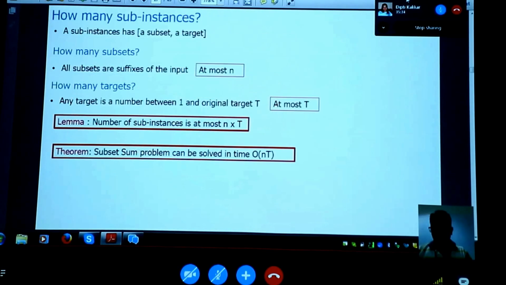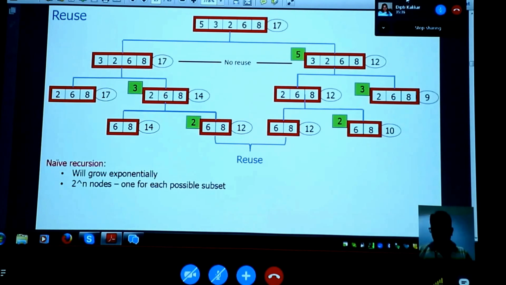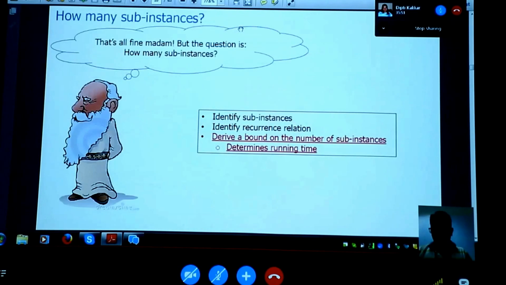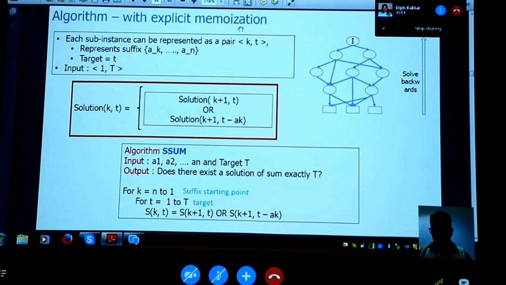So what is going backwards here? Going backwards here means that you have to start from the suffixes and go back, right? At the bottom of this DAG are these suffixes, right? So you have to start from small suffixes and keep going to bigger suffixes, even bigger suffixes, and then the biggest, the input. That's how you have to write your program. So that's how we are going to do it.